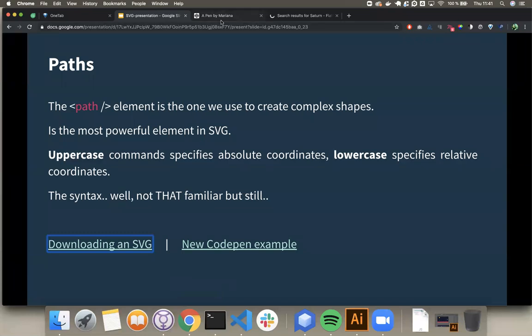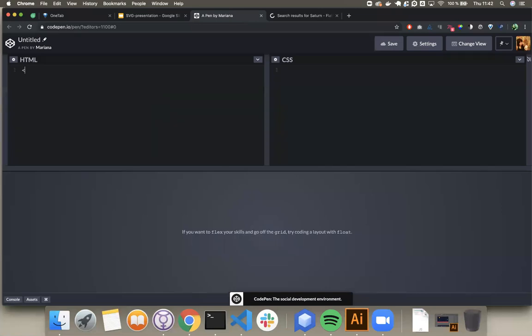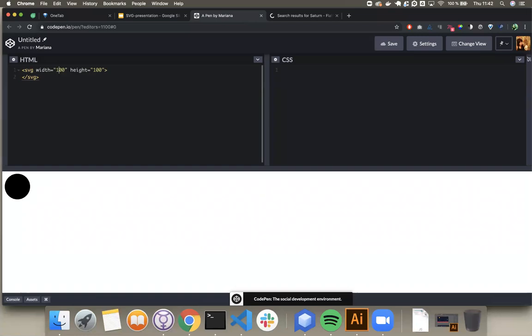But it's nice to know how it works in case you need to make some small additions or something like that. I'm gonna, again, make some viewport for my SVG, and I will try to show you some of the things that we can do with paths. This is for data. Then the first thing you need to write is M,